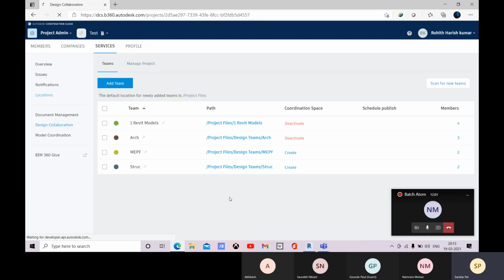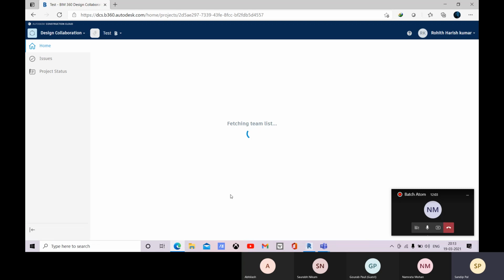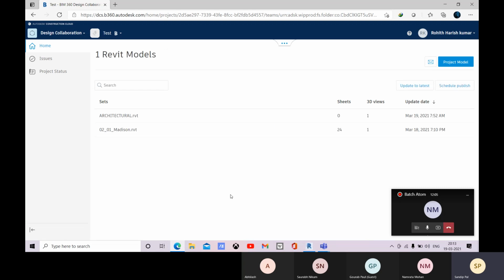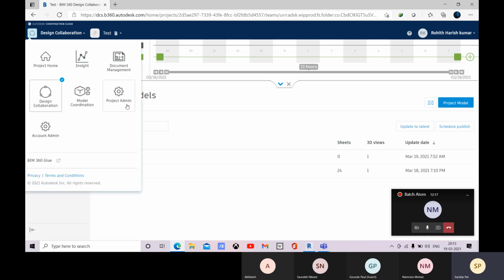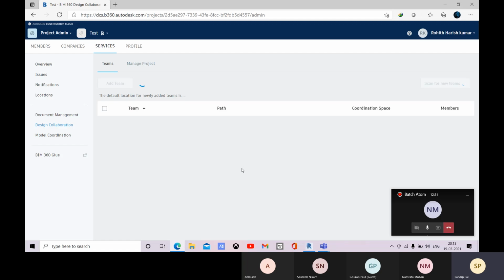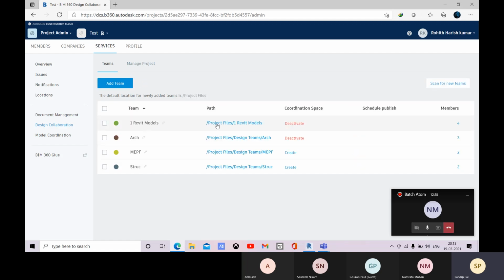Now come to this design collaboration and open this one, and here you see this Revit model is there, right? So let's come back to project admin, and here you see this one. This one is the Revit model, right?